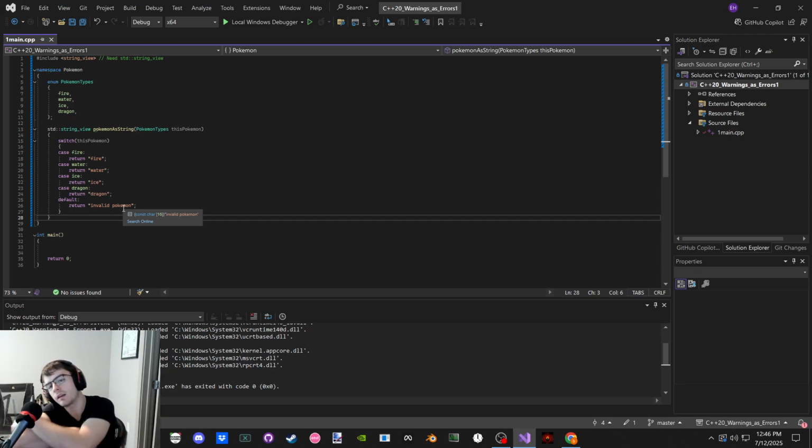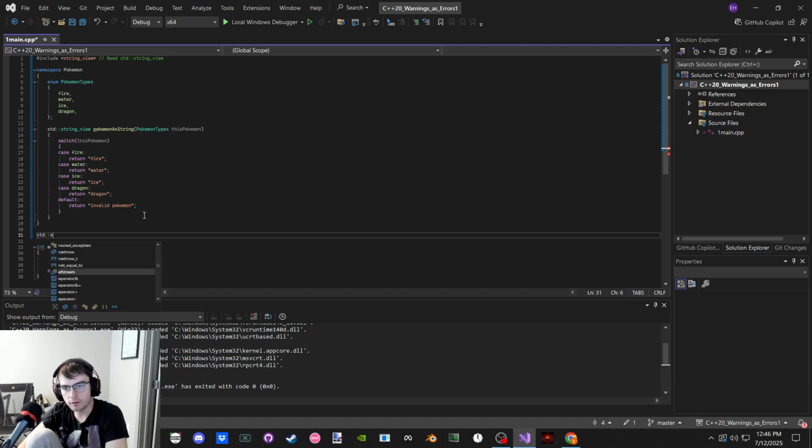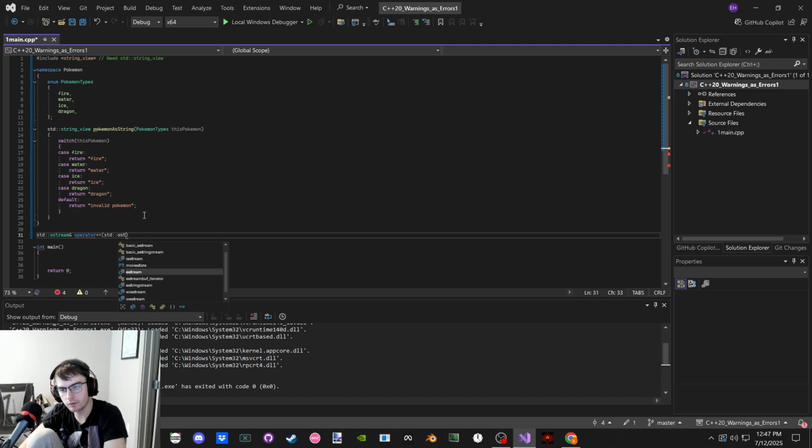And so if I put that definition in Pokemon, do I need to say Pokemon insertion operator? I don't know how that works. I'm gonna try some different stuff here. I'm first gonna put it here. We're gonna be returning a standard OStream reference, and it's called operator insertion, and it takes a standard OStream reference, and it takes a Pokemon